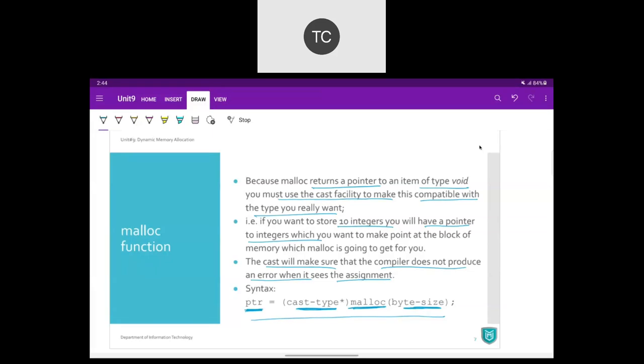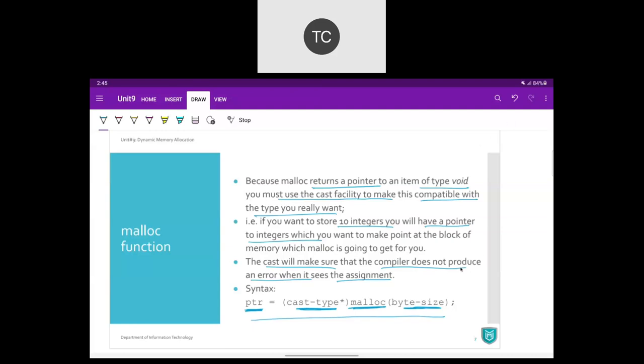So any query till now? This is the syntax of using malloc. We will look at one example also, but any query or question till now? What is malloc?